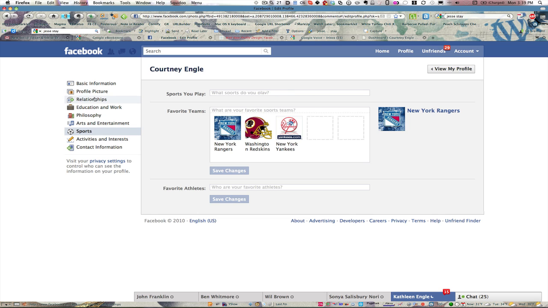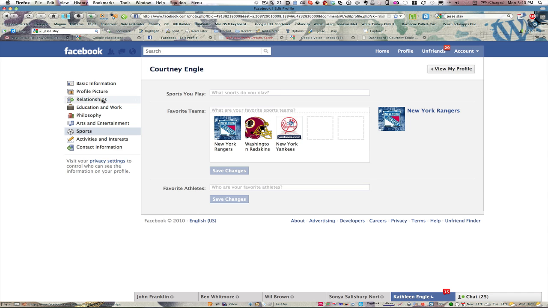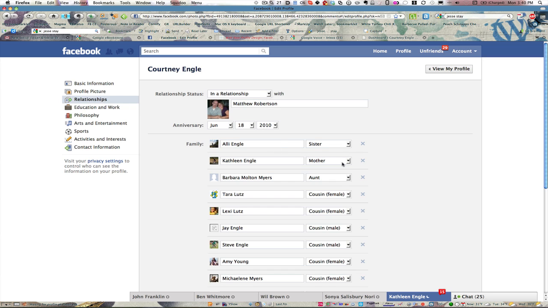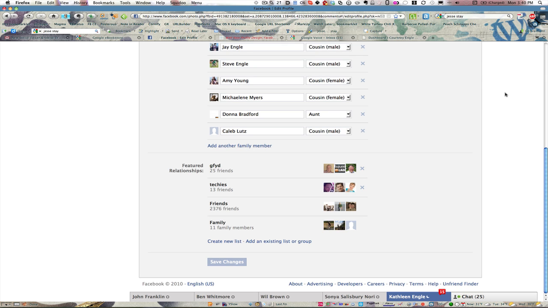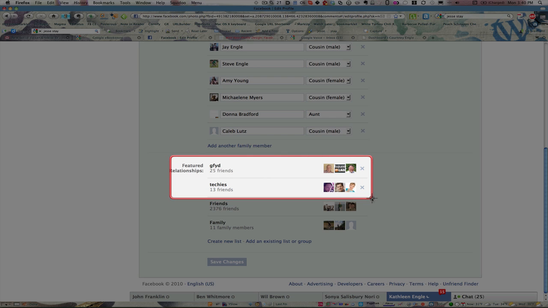But the next thing that I want to spend a little time with is this section called relationships. In the relationships area, what matters here is that not only can you change out further information about who your relatives are and what that term is for that relative. So it could be an aunt, an uncle, something along those lines. But then as you scroll down further, you can see that there is a few featured lists that you can make publicly available. So I actually went in and customized these lists.